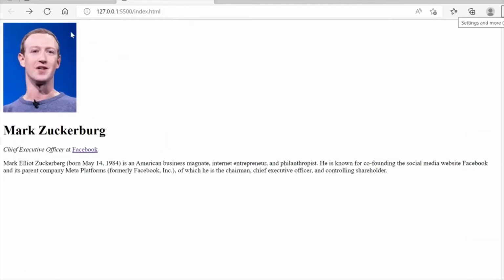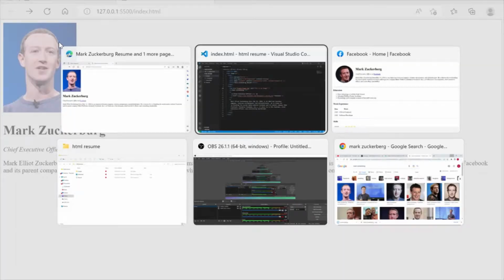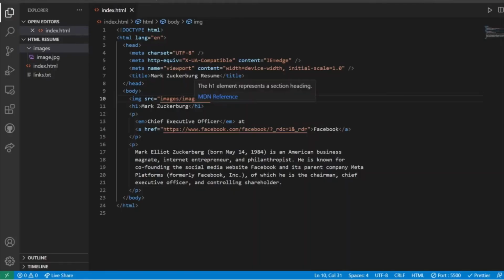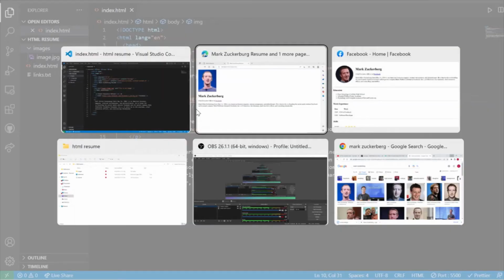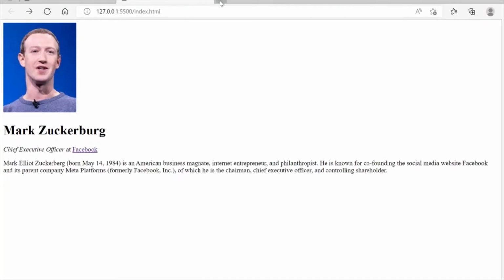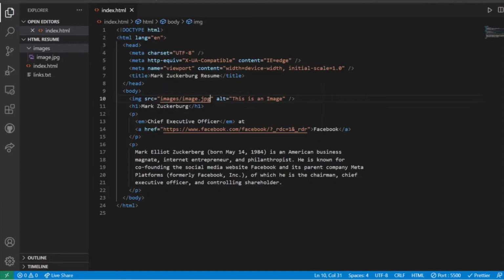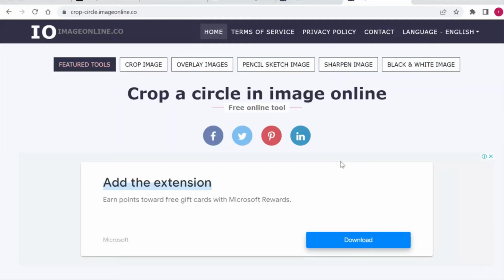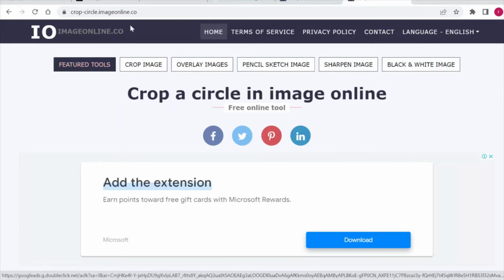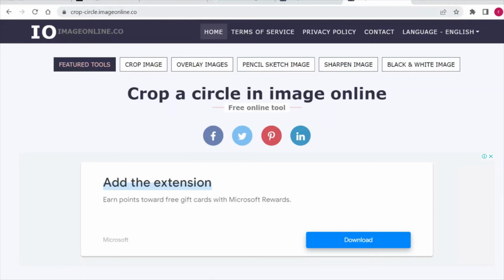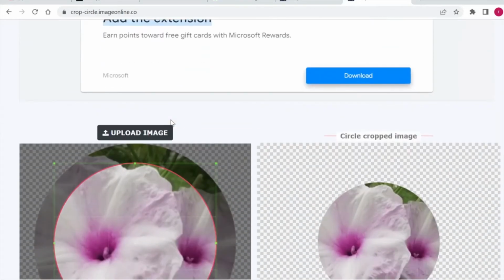Now when I visit and refresh it, the image has decreased a little bit, but at this point what we need is to make it circular, right? So for that we are going to visit one site. In order to crop the image in a circle, we are going to make use of the website cropcircle.imageonline.co. You will get this in the description box, so from that link you can access the site.